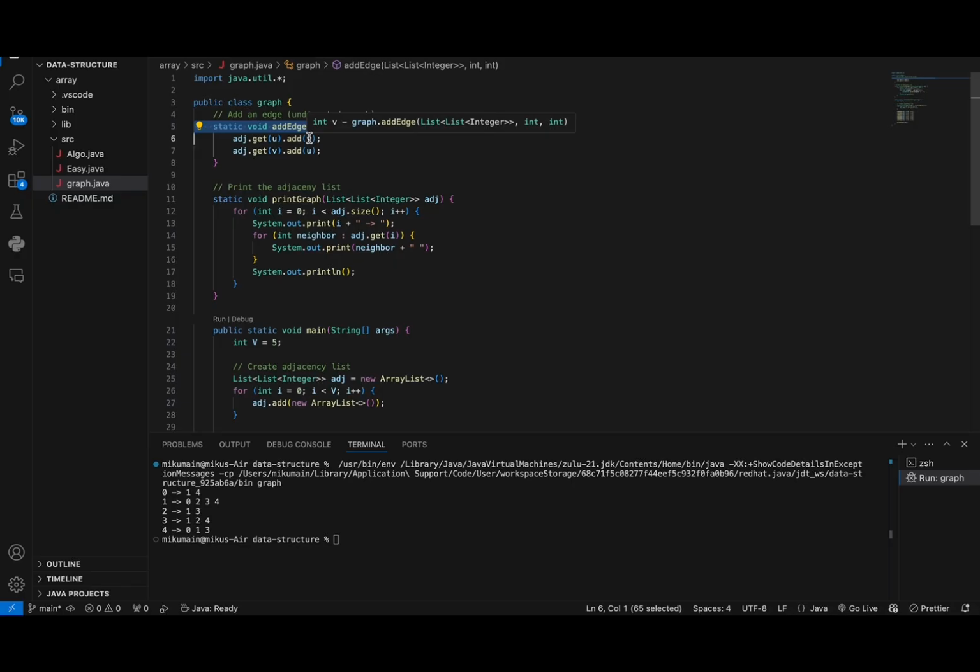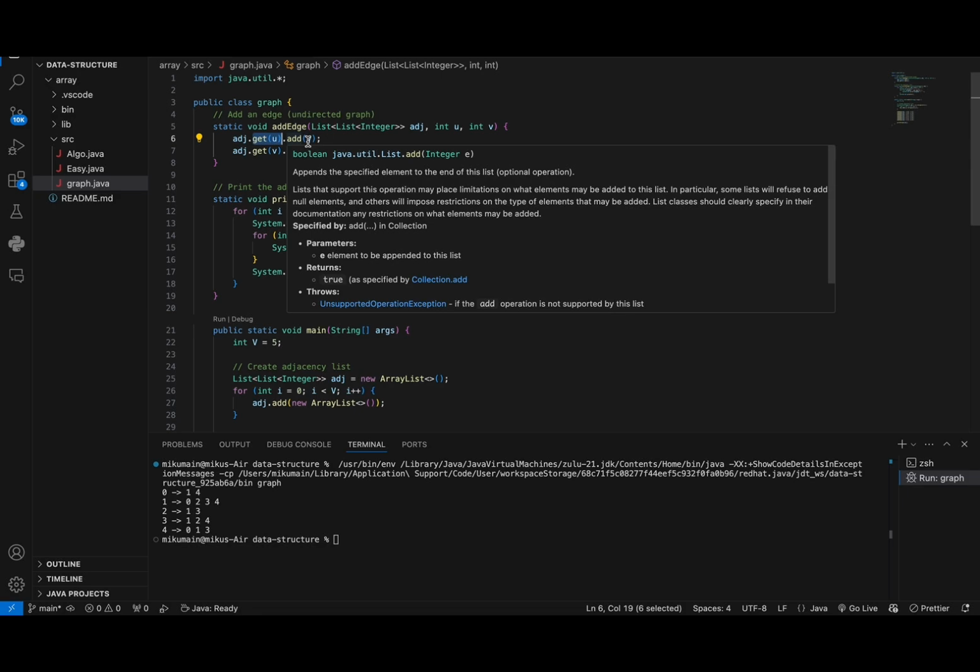ADJ is for the adjacency list. All right, and then for these two, let me go with the first one. The first one is basically it goes to node U's list, right? And then add V as a neighbor. So what we do is we get the U from the list and then we add the V as its